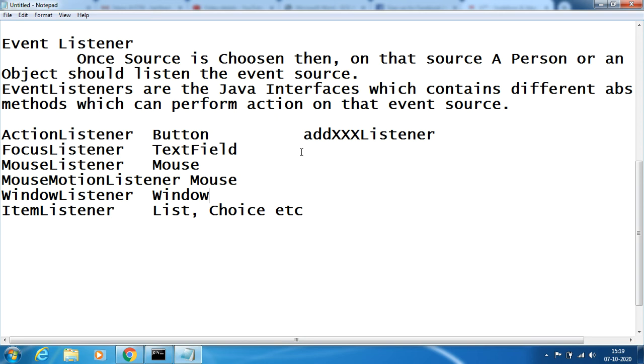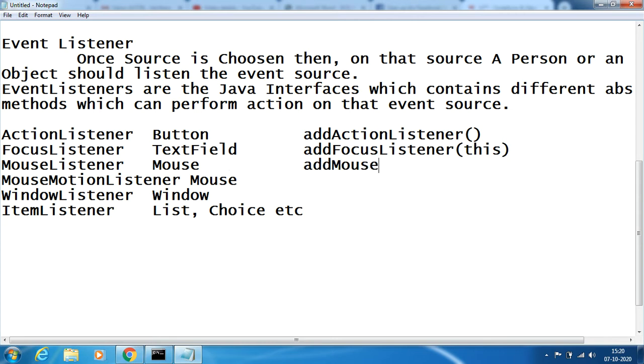This XXX represents the event source. If you want to add an action listener to this event, we have to say add action listener of that particular event current object.